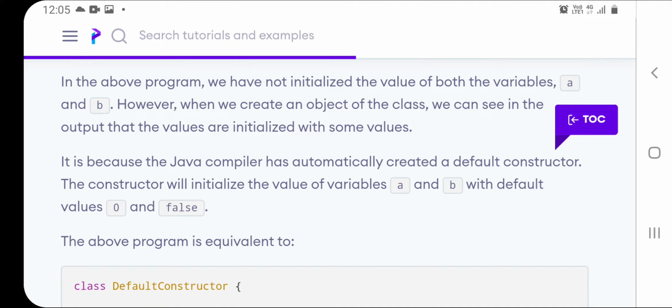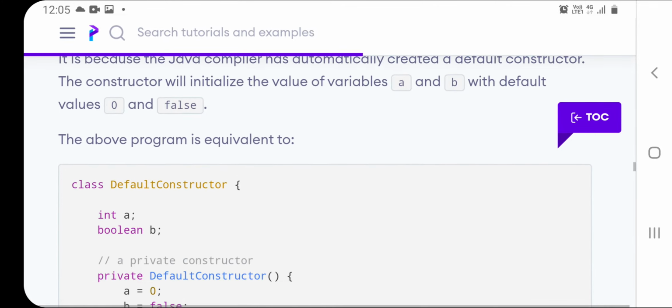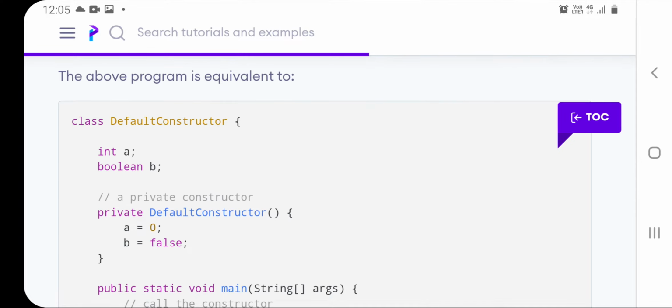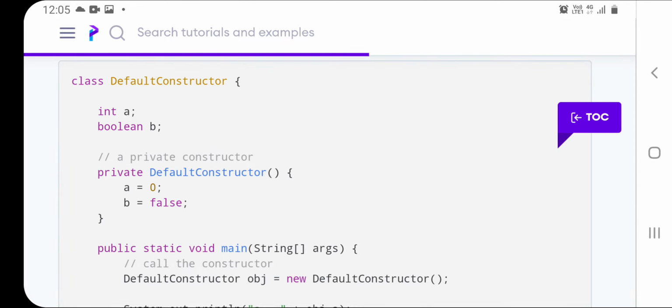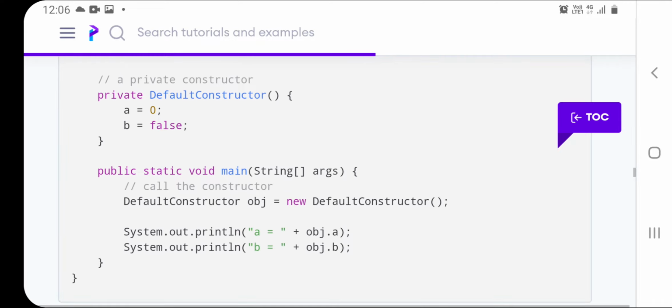So the above program is equivalent to: class DefaultConstructor, int a, b, private DefaultConstructor, a equal to 0, b equal to false. Now public class, public static void main, DefaultConstructor obj is an object name, new DefaultConstructor, System.out.println object.a, object.b is printed.